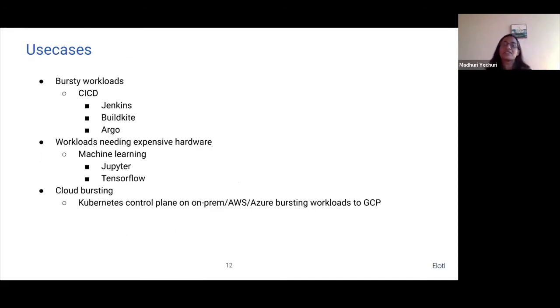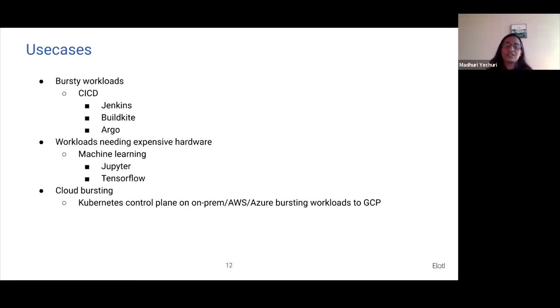Some of the use cases that are really good fits for trying out Virtual Kubelet right away are CI/CD workloads, because by nature, CI/CD workloads are super bursty. Think about it as your cloud bill being zero if you have zero tests running, and if you have an unexpected spike in test use case, the compute for the additional tests comes up in parallel instead of in a lockstep, one single worker node at a time model. So your users will never have a wait time when their tests are submitted, because you're truly making use of the elastic nature of cloud compute that's available to you.